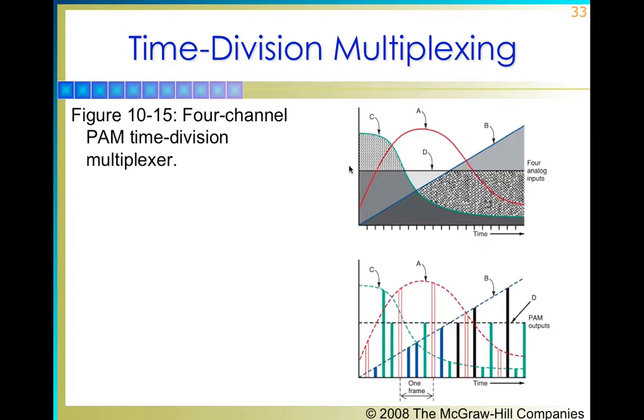This description is about this figure, and you can see we have 4 transmitters, and the first transmitter has a sine wave, the C transmitter also has a sine wave, while the D transmitter has a constant DC signal, and the B transmitter has a ramp signal. So all these signals are transformed into their equivalent pulse amplitude modulation representations, and then you can see over here the one frame is containing information of different signals.